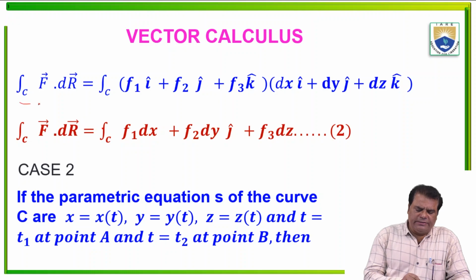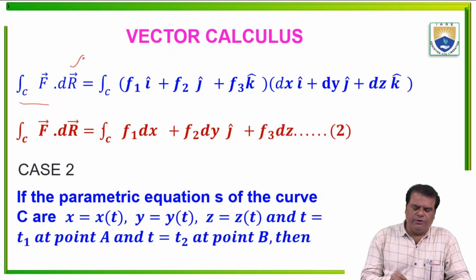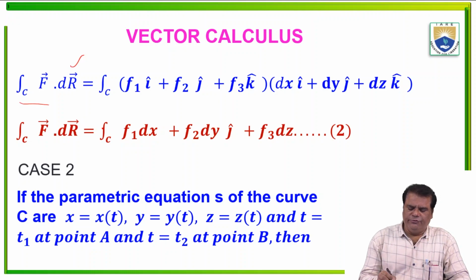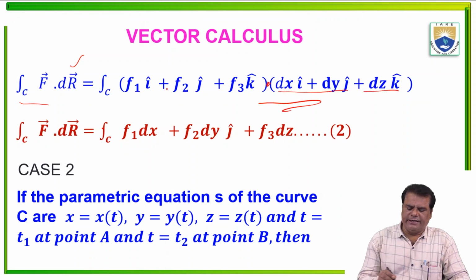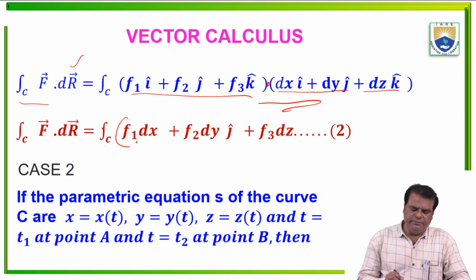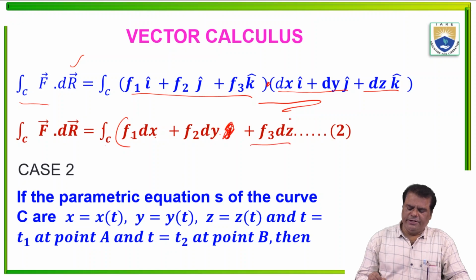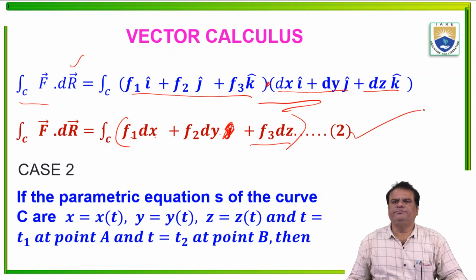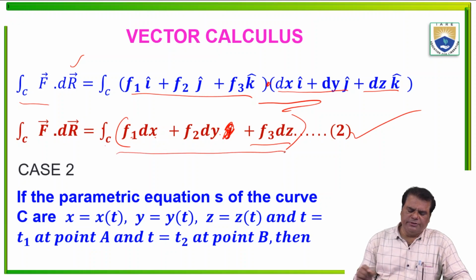The integral over C of F dot dr equals (f1 i + f2 j + f3 k) dot (dx i + dy j + dz k). Now after taking the dot product, we get this result: integral over C of f1 dx + f2 dy + f3 dz. This is equation 2. This formula is used